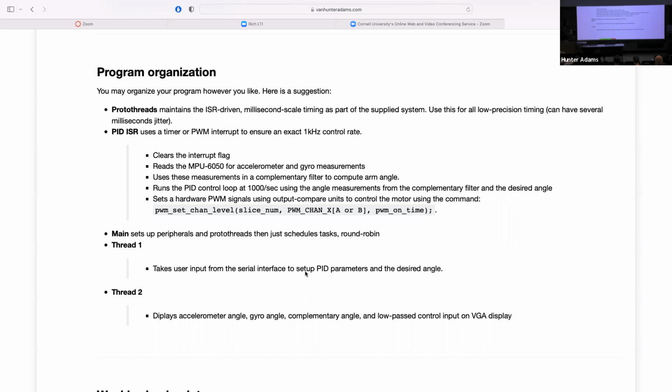I had another good question in lab relevant to this program organization, which was, the demo code is set up such that we are gathering the measurements, computing the complementary filter, doing the control calculation, all in an interrupt service routine that's attached to the PWM channel. And the question was, is there a reason that we're doing that as opposed to setting up a repeating timer callback function like we did in lab 1 that perhaps calls back at a kilohertz and gathering our measurements and doing all that stuff in that timer callback function? And you could do that, actually.